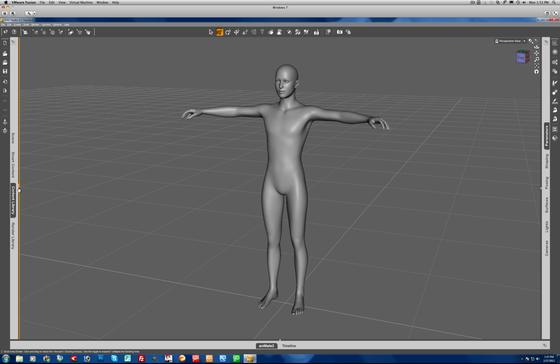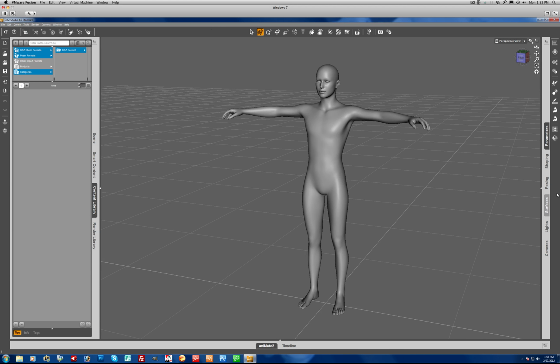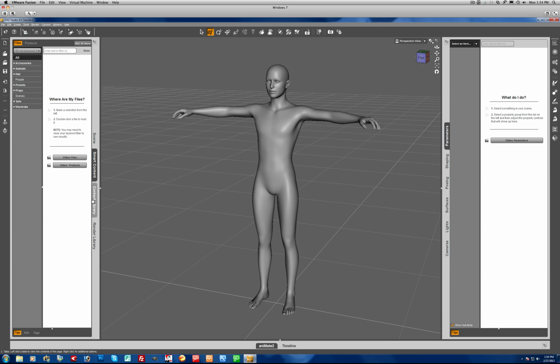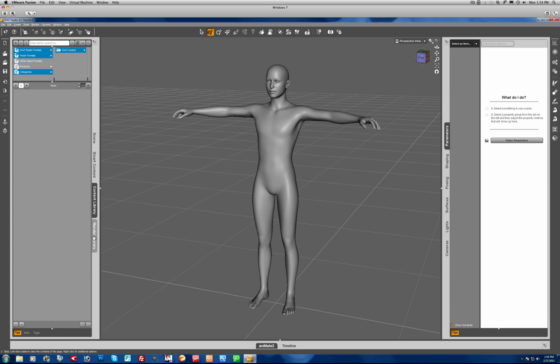Now you still have your shelves or columns on the left and right hand side. The other thing I don't like about the way this is set up is having the tabs along the side of these shelves. The way to get rid of that and put them on top where I personally think they should belong is to go under Edit in the Windows version, or under File if you're on a Mac. Go down to Preferences